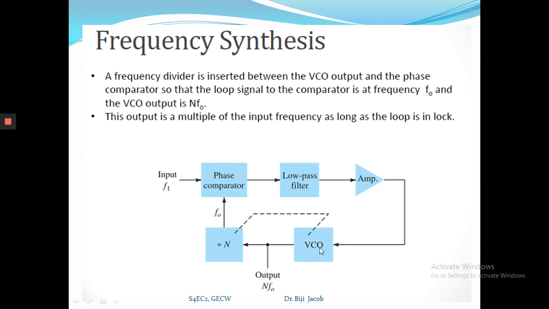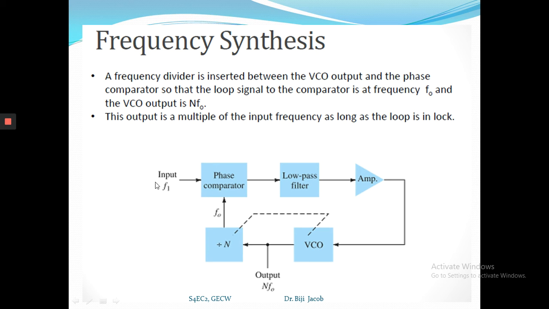The VCO output frequency is a pulse or square wave. The divide by n network is nothing but digital flip-flops. If you pass a clock pulse through a single flip-flop, the output frequency is divided by 2. If you have to divide by 10, you use a decade counter. So the divide by n network is nothing but flip-flops or counters in digital terms.